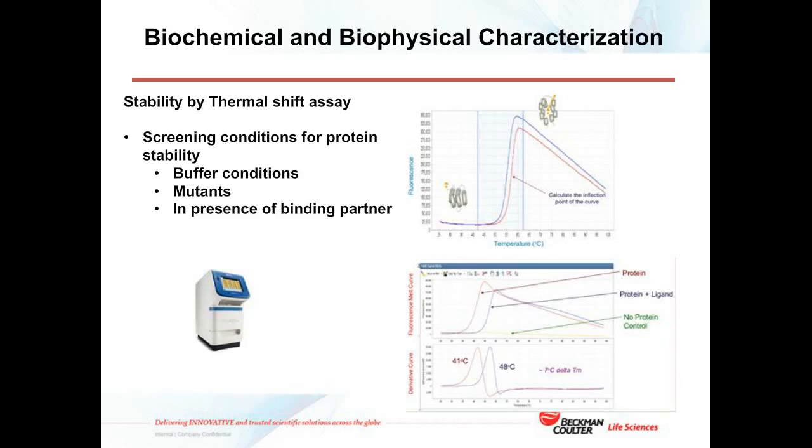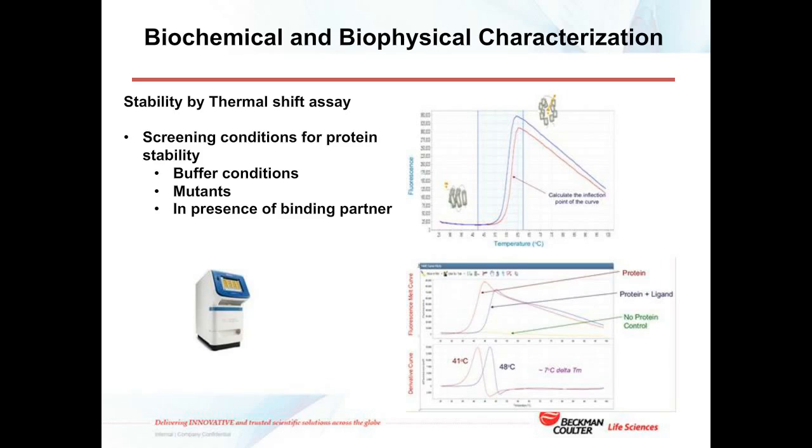Thermal shift assay is a method that one can use to determine the stability of proteins in different conditions. And so using a light cycler or a real-time PCR instrument with fluorescently labeled proteins, one can apply a temperature ramp and then measure the fluorescence under different conditions. So I show at the top right